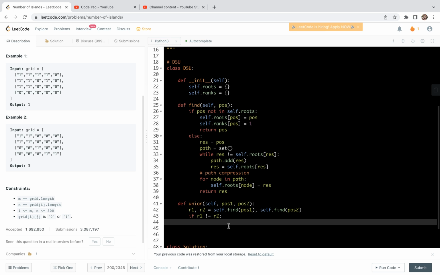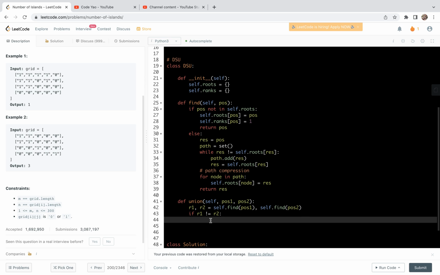For this, we want to do it with the aid of rank. In the vanilla implementation, we can just set the root of R1 equal to R2 or in the reverse direction. That's it. But we want to add some flavor, that is, we want to use the rank. So, if self ranks R1 is greater or equal than self ranks R2,